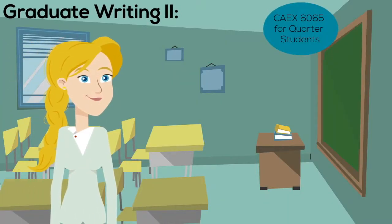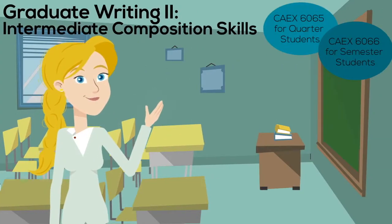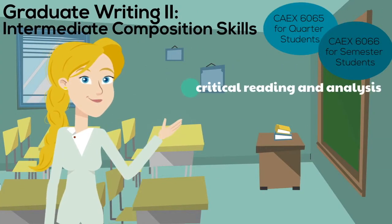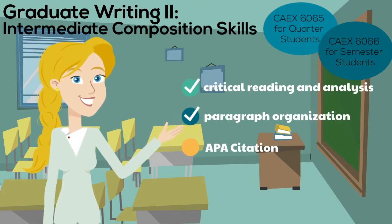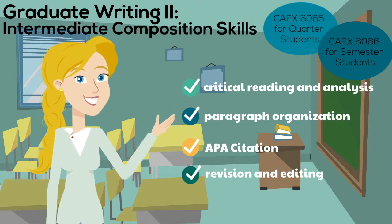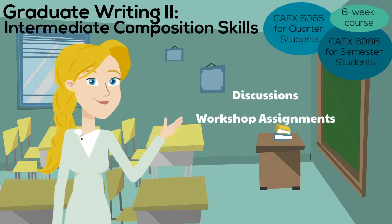The Center for Academic Excellence course, Graduate Writing 2 Intermediate Composition Skills, helps you build the skills necessary for evaluating and responding to the academic conversation. Topics covered include critical reading and analysis, paragraph organization, APA citation, and revision and editing. This 6-week course follows Graduate Writing 1 and is structured in a similar manner with discussions, workshop assignments, and feedback